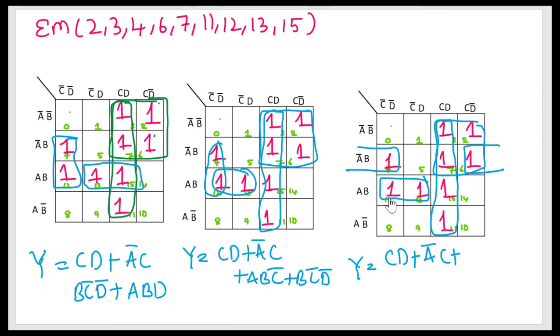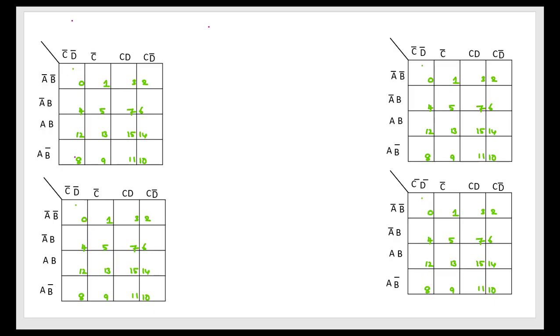if you take this one, this will be AB of C bar, and if you take this pair, it's A bar B times D bar. So this is how you are going to get 3 possible solutions. If you look at all the 3 solutions, each solution will have the same number of min terms and each min term will have an equal number of literals. That means all the 3 are valid solutions to take.